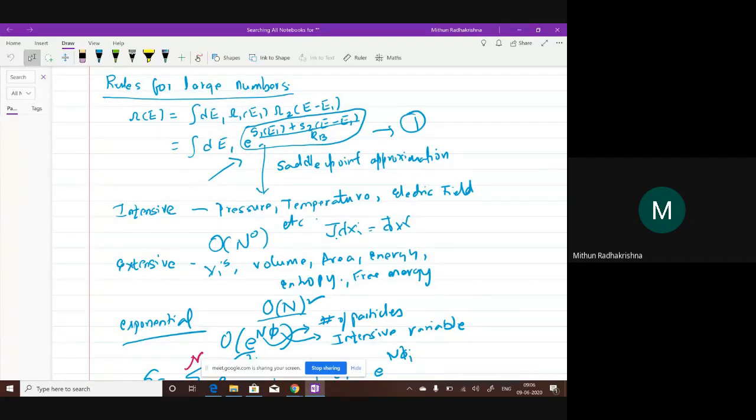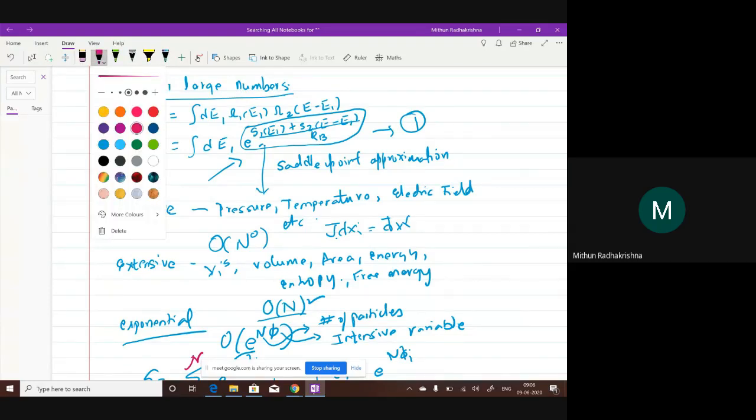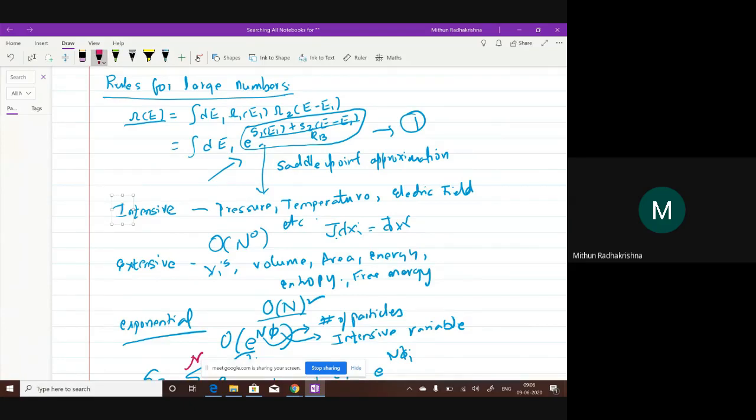And we used this formulation where omega E is my density of states of the system, right? And this is the integral dE1 omega E1, and the other system is E minus E1. Remember, what is constant? E is constant such that E1 plus E2 is constant. So omega E is giving me all the density of states of all possible systems which have energy E constant. So I'm varying dE1 such that E2 is E minus E1, and I get this integral.